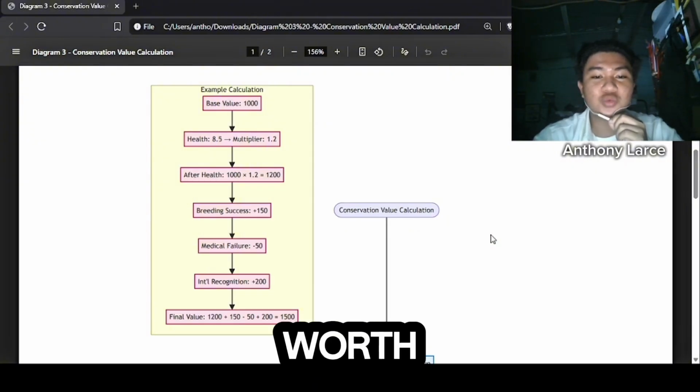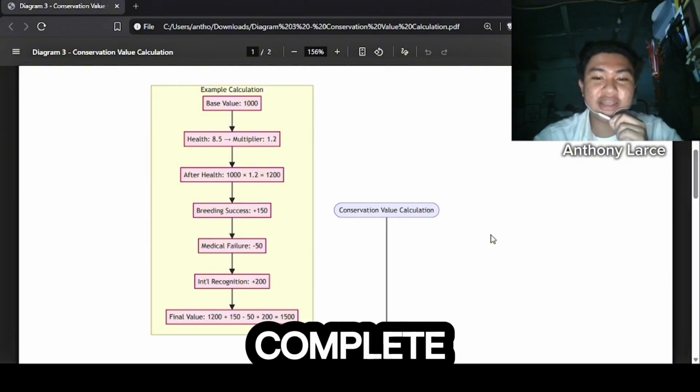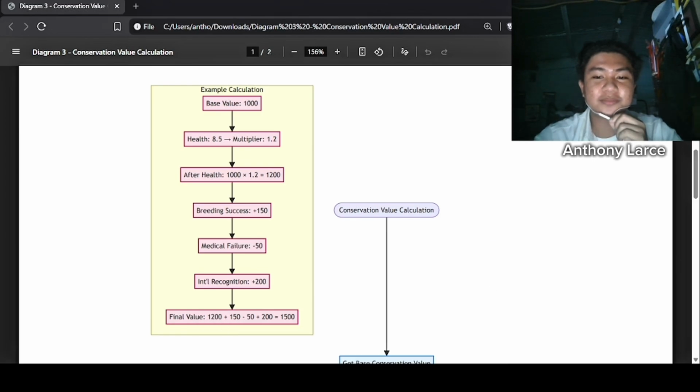This animal is worth 50% more than its base value because of good health and positive events. And here's the key: we can trace backwards through the events and explain exactly why it is worth 1500 points. Complete transparency.